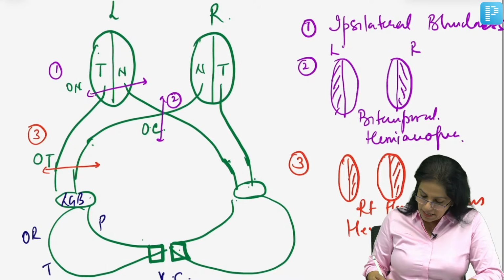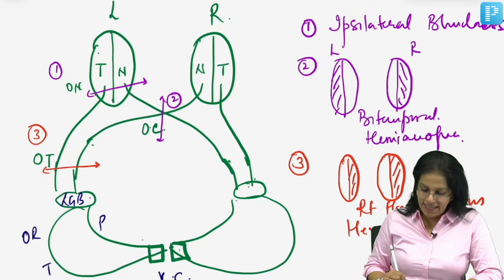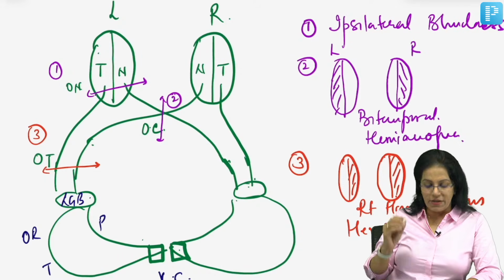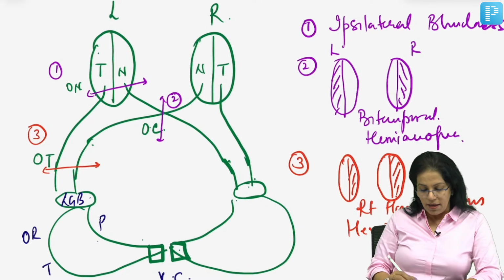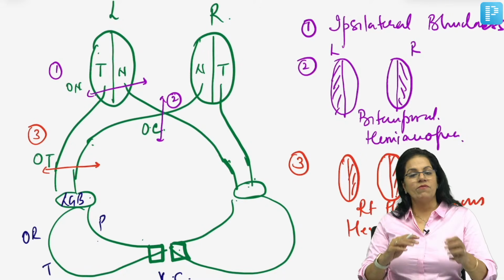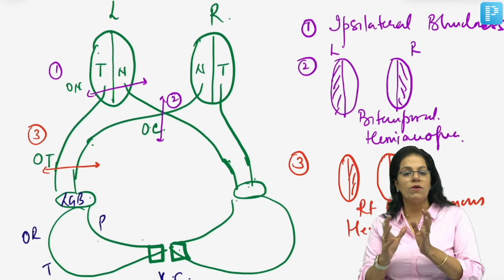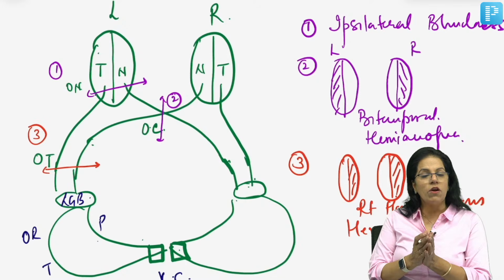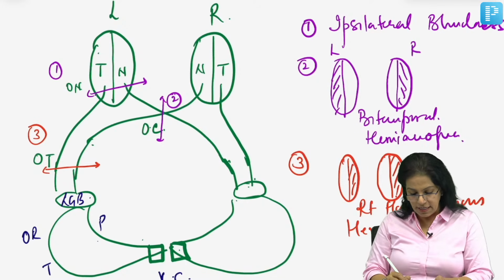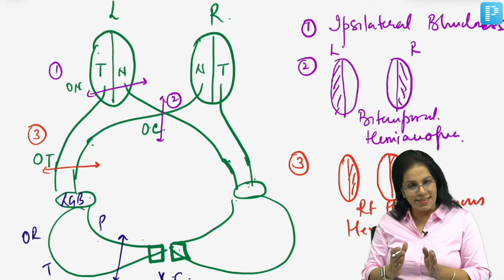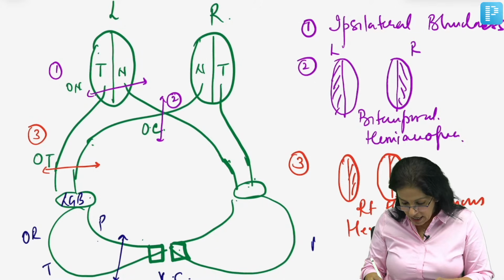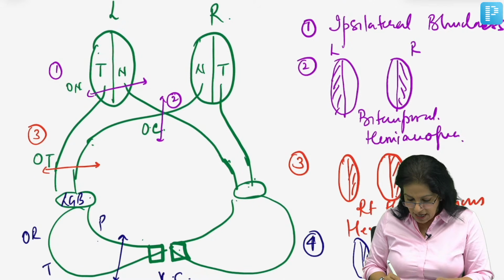Next is your radiation lesion. When you talk about the radiation lesion, of course, we will be taking it one by one about what will happen if the fibers passing through the parietal lobe and temporal lobe are gone. But overall, if you think in the posterior part of the radiation lesion, again the pattern is the same, one eye temporal, one eye nasal, isn't it? So, it will be the same homonymous hemianopia whether I am talking about number 4, radiation lesion,